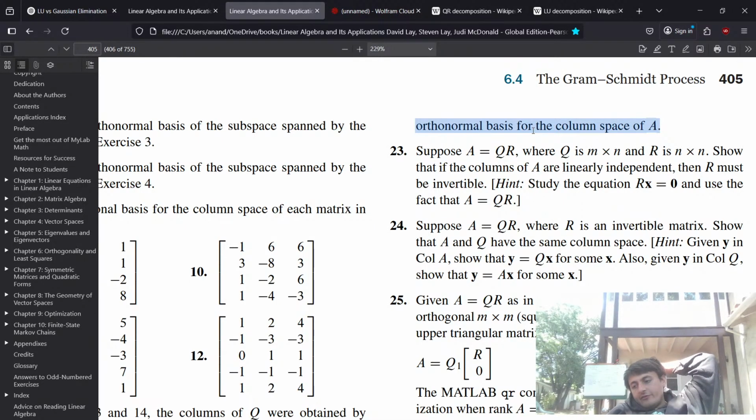In 23, if A equals QR, I don't think this gives us that they're orthonormal. So we just have to, so we have Q1 to Qn of length M, and then we have